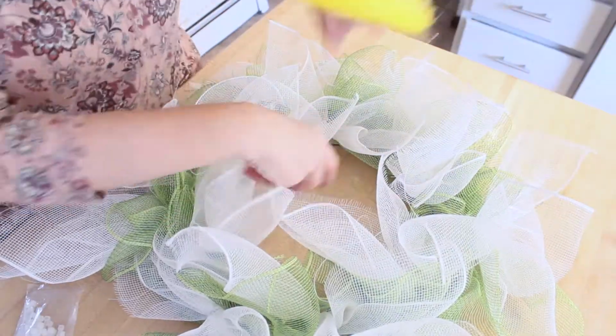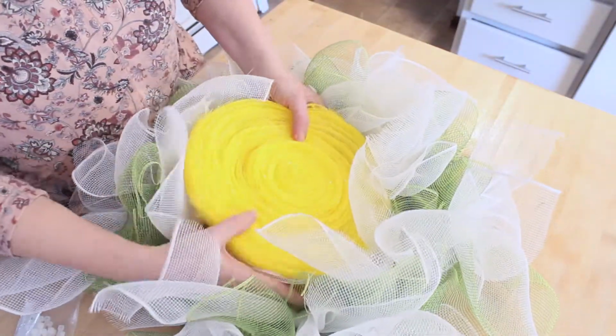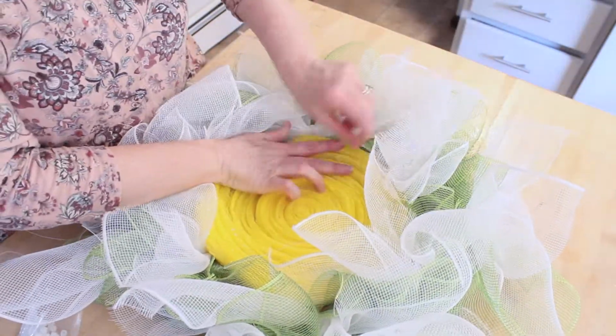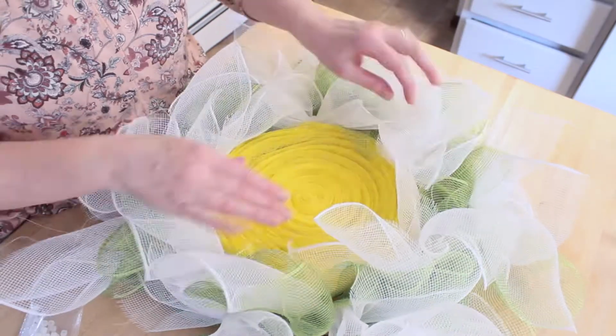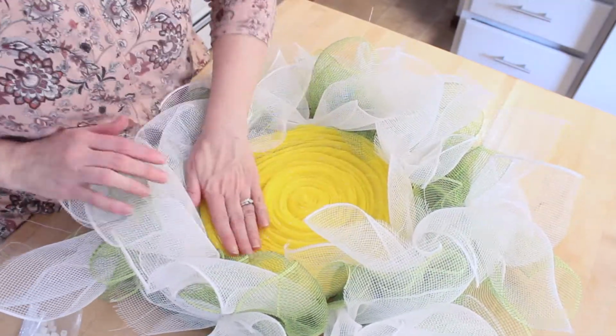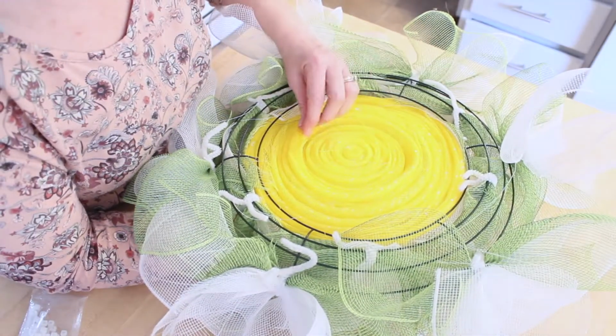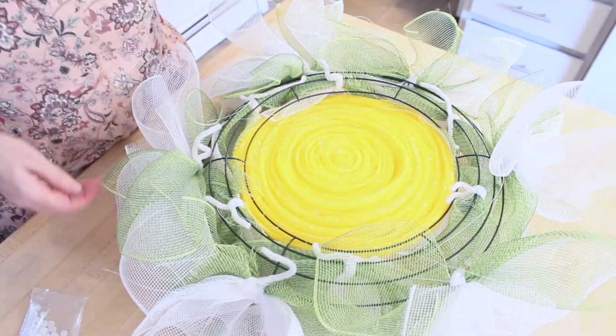Now I'm setting it into the front of my wreath. Honestly, I think it would have stayed there without even being secured, but I am going to secure it with the zip ties. Once it's all set in, I'm flipping that over, and I did notice that there was a